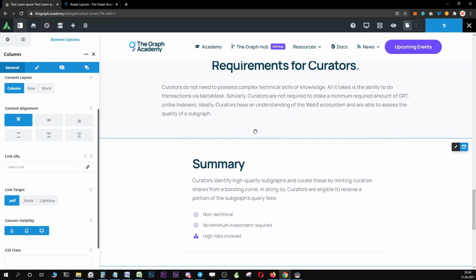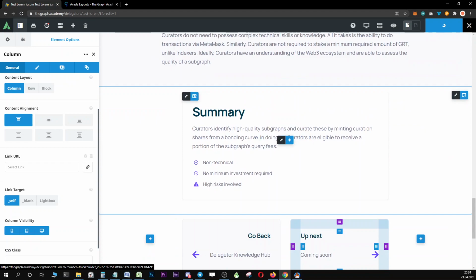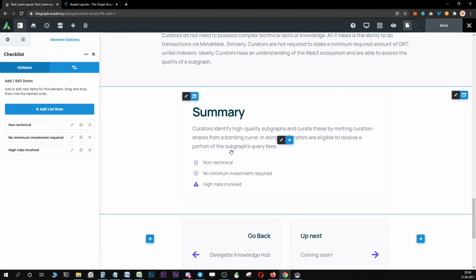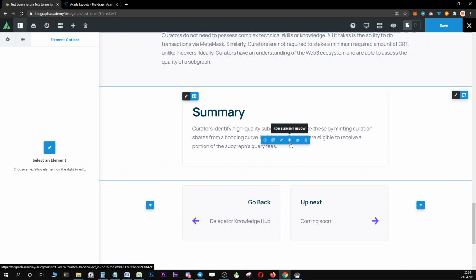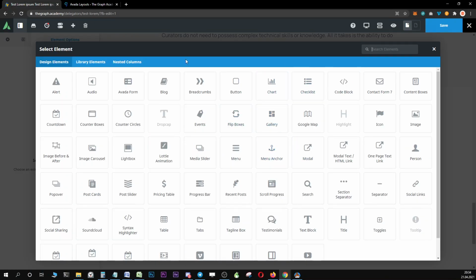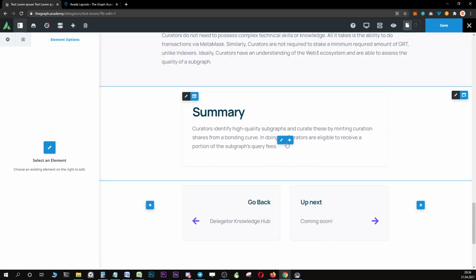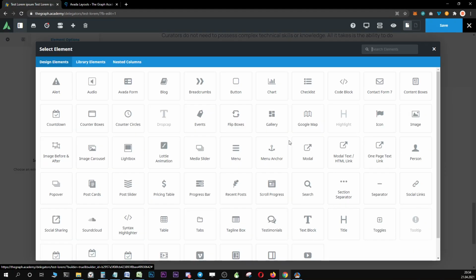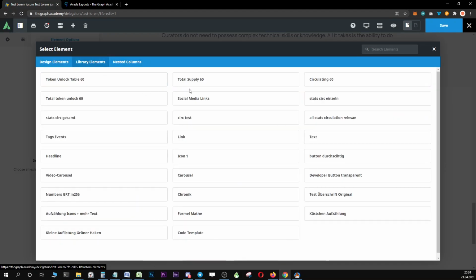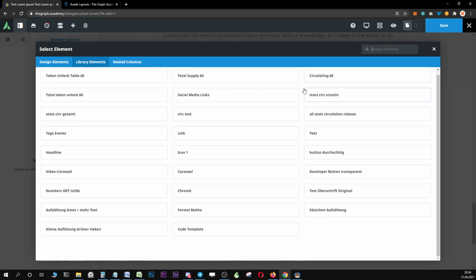All right, you can also insert a quick summary at the end of your article if you want to do that. If you don't, that's perfectly fine. Now you also always have the option to add an element within a page. For example, let's say in the summary you want to add an element, the element that I have just removed. So you click on the plus button and click on library elements, and you can see here are a couple of